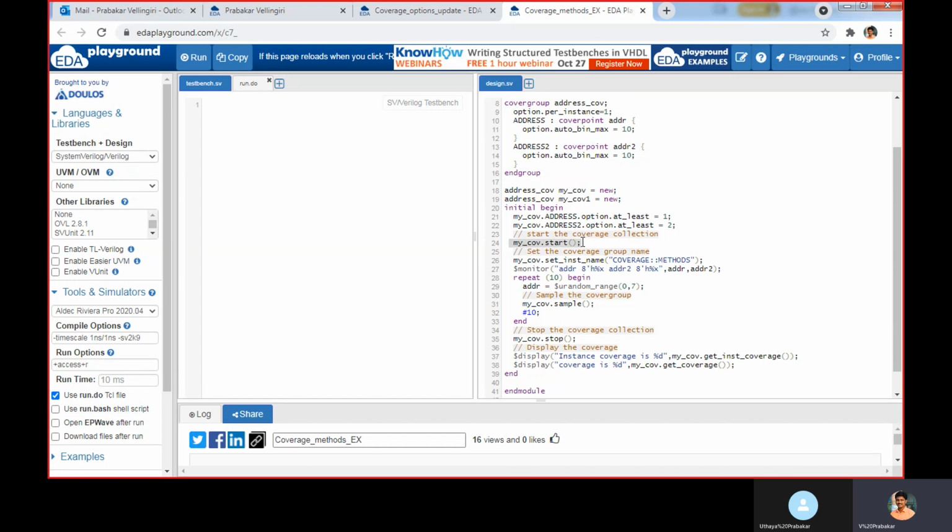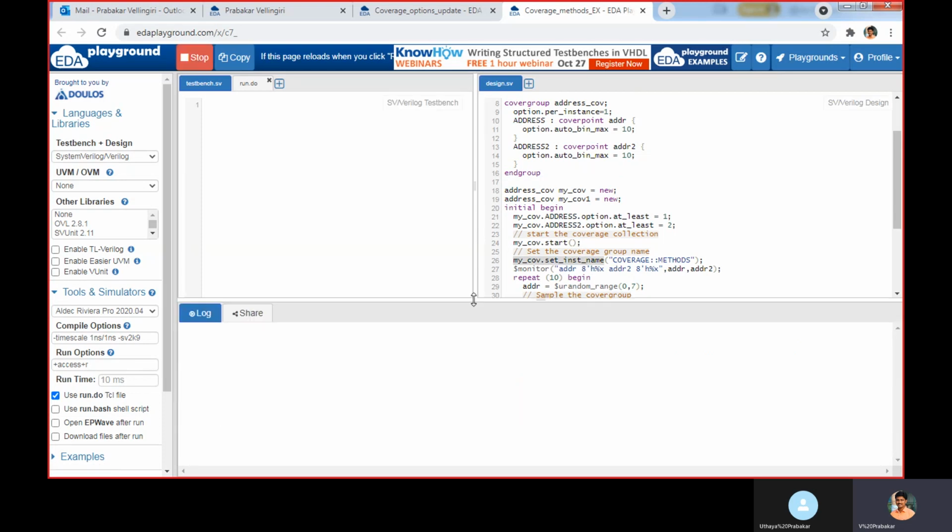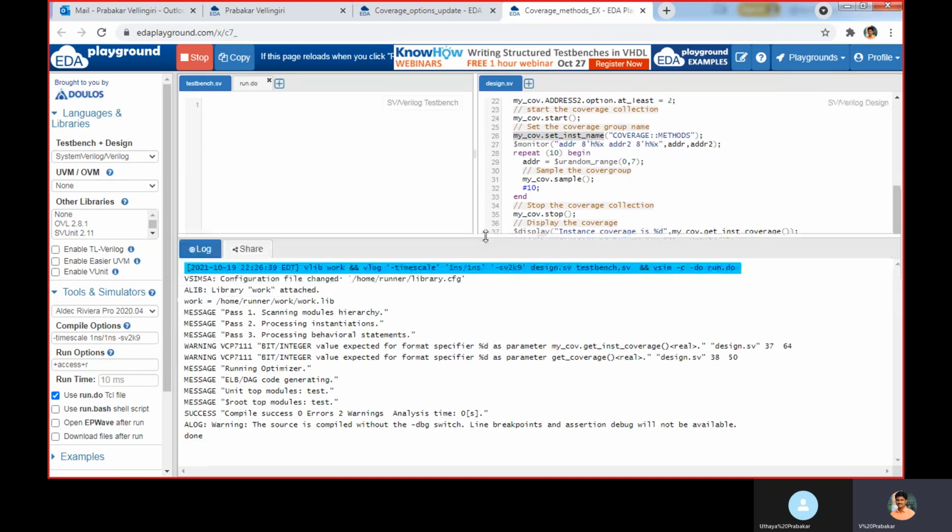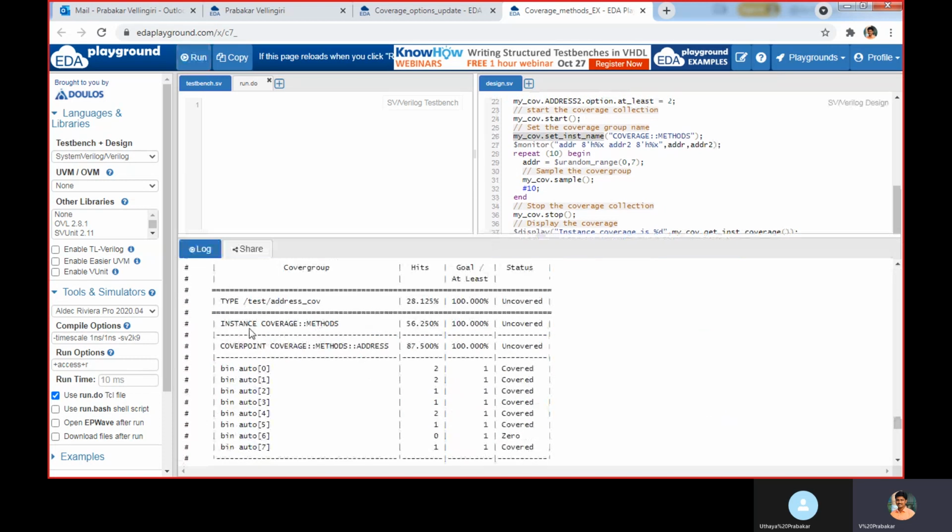So I can use this start method here, mycov.start. Then mycov dot set_inst_name. The instance name we are setting using this set_inst_name coverage method.